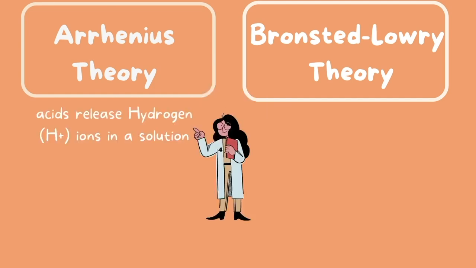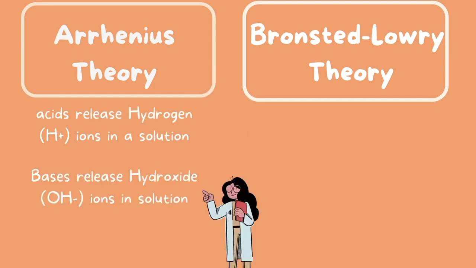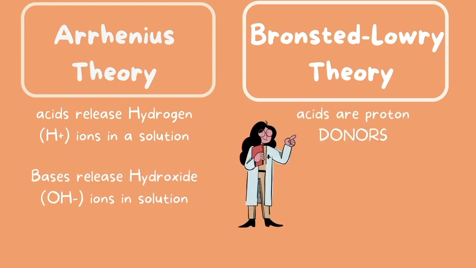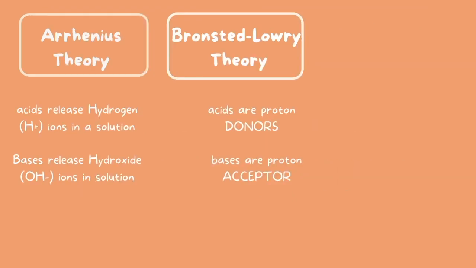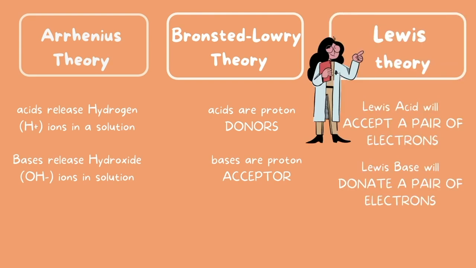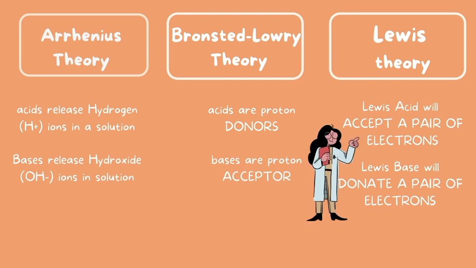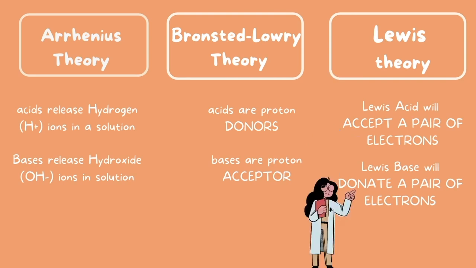The Arrhenius theory states that acids release hydrogen ions in a solution and bases release hydroxide ions in a solution. Bronsted-Lowry theory defines acids as proton donors and bases as proton acceptors. That third theory that I mentioned, for those of you who are enrolled in high school and college chemistry, is the Lewis theory. The Lewis theory states that acids will accept a pair of electrons and Lewis bases will donate